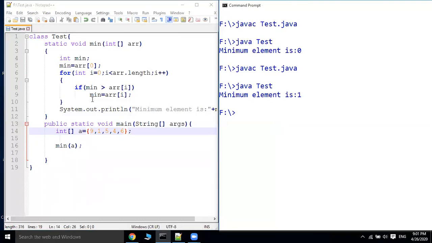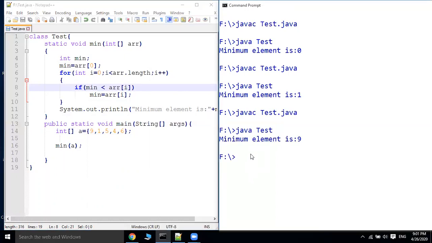Similarly, if you want to find the maximum element, what you have to do is simply put less than instead of greater than, and recompile. Sorry, this is not minimum, so change the message here to maximum element is, and compile.